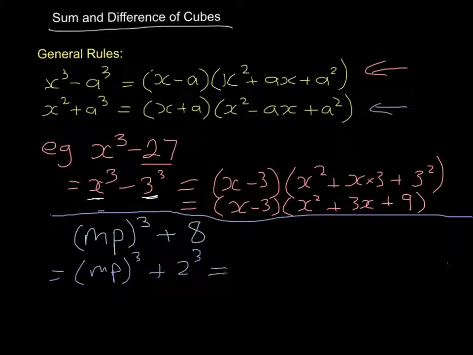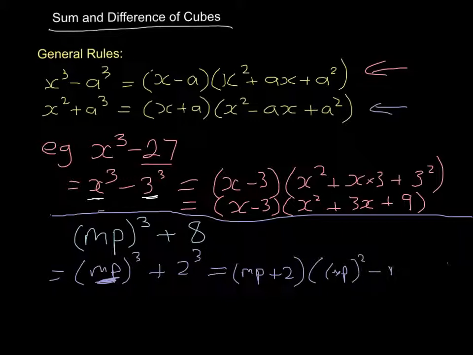So this will be equal to, in this case, the first bit from the general rule, which is the x, we're going to treat as everything inside that bracket, so that's mp, the whole lot of it. So the first bracket will be mp, and this is a sum, so it's going to be plus, and the second bit is 2, and then for the second bracket we write (mp)^2